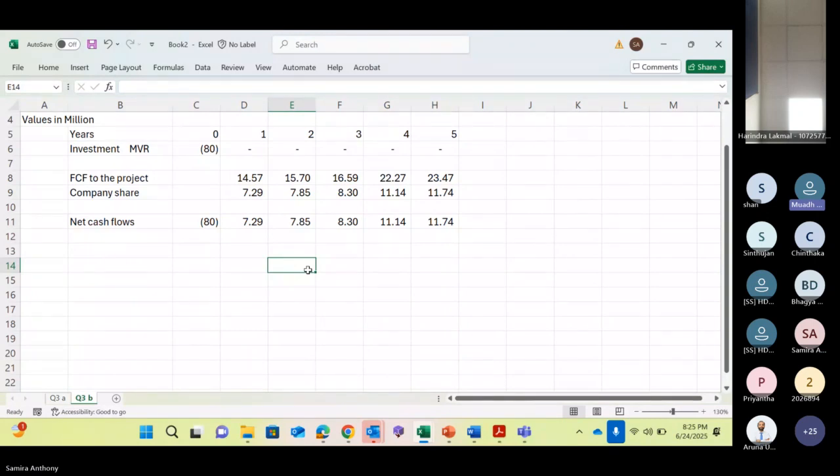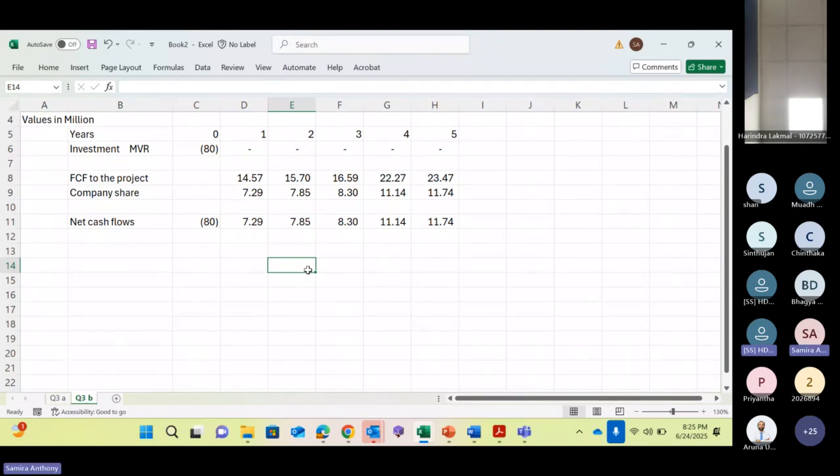Sir, in that case, we are investing another 40 million also as a loan. So don't we take that as initial investment? We will invest 80 million. They will invest 80 million. The balance is borrowed from a Maldivian bank. That is not our point. We are not going to invest there. We will borrow from a bank. Once we borrow from a bank, we have to repay the loan, right? Is that clear? So the discounting means that we are already allowing the finance cost in that discounting. Then do we again need to serve it?